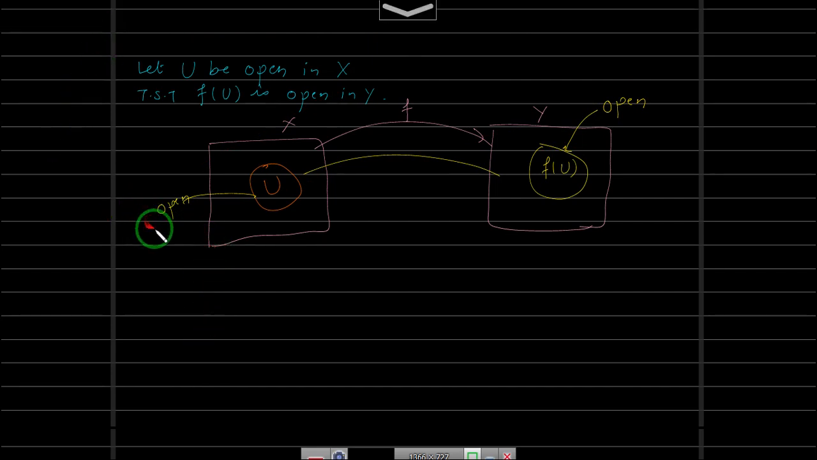So we have taken u open in X, we have to show that f(u) is open in Y. Now we will use the fact that f is a homeomorphism, that means f inverse is continuous. Since f inverse, a function from Y to X, is continuous. Why? This is because f is a homeomorphism, by the third point of the definition of homeomorphism, and